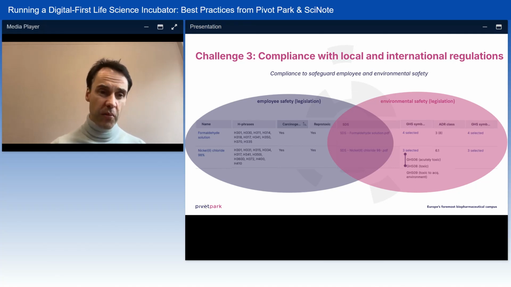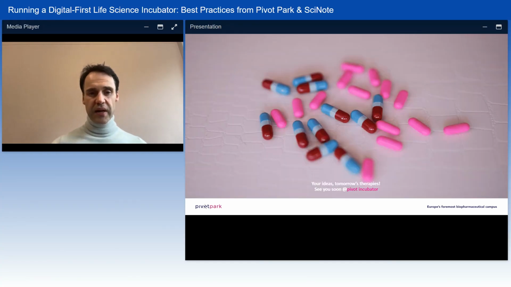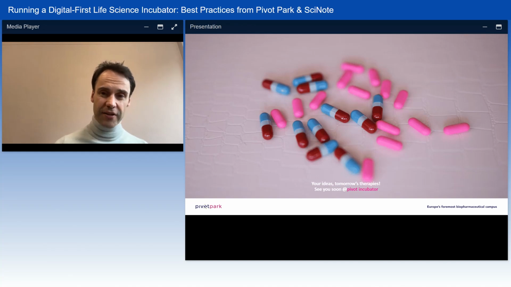And then, of course, if you want to know more about the risk, there is always the SDS document associated to each chemical where you can find more details. So I think with this, I've given you an overview in a nutshell of what SciNote has meant for us, how it provided a tailored solution for the incubator lab and really helps our